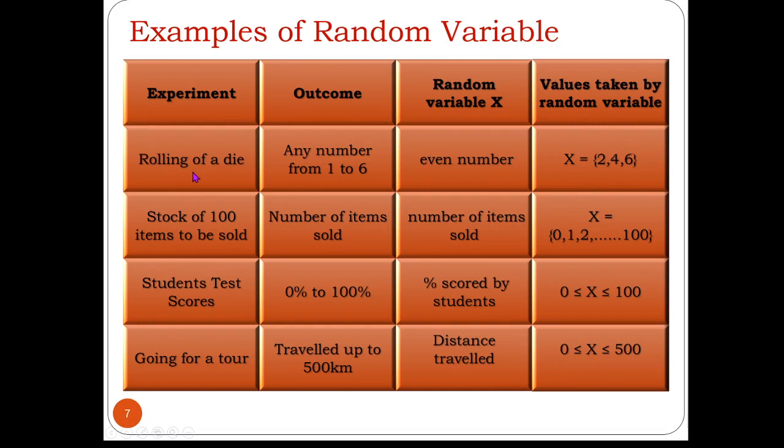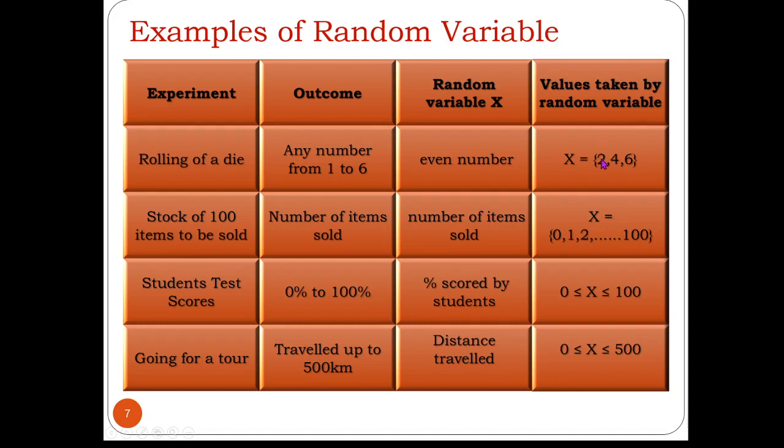So let's take the first experiment, that is rolling a die. We get the outcome as any number from 1 to 6, and if the random variable x is finding the even number on the die, then x is equal to 2, 4 and 6. Next, a stock of 100 items to be sold. The outcome of the experiment is the number of items sold, and the random variable is also the number of items sold. So random variable x will take the values 0, 1, 2, up to 100. All these are integers,